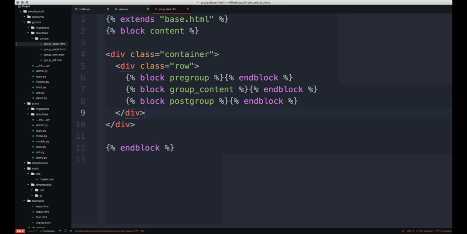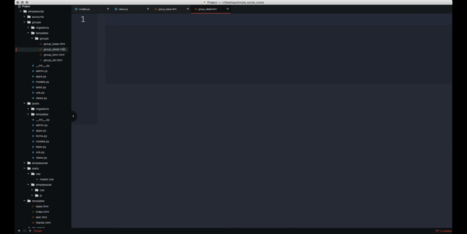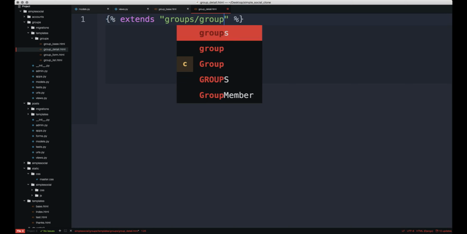Okay, so that's all we need, so I will save that. And then we're going to continue on with the other templates. So let's start off with the group detail page. So we'll come over to group detail, that very next template, and I will say extends from groups/group